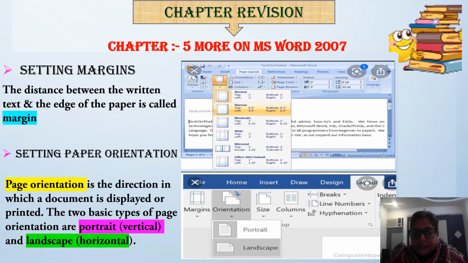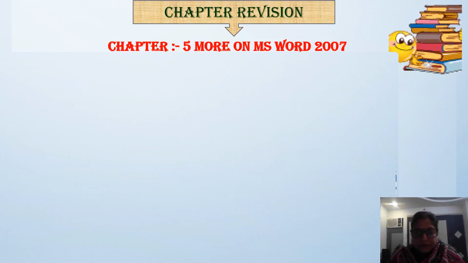The two basic types of page orientation are portrait, means vertical, and landscape, means horizontal. These are the two directions of page orientation. Okay, portrait is vertical. Understand?